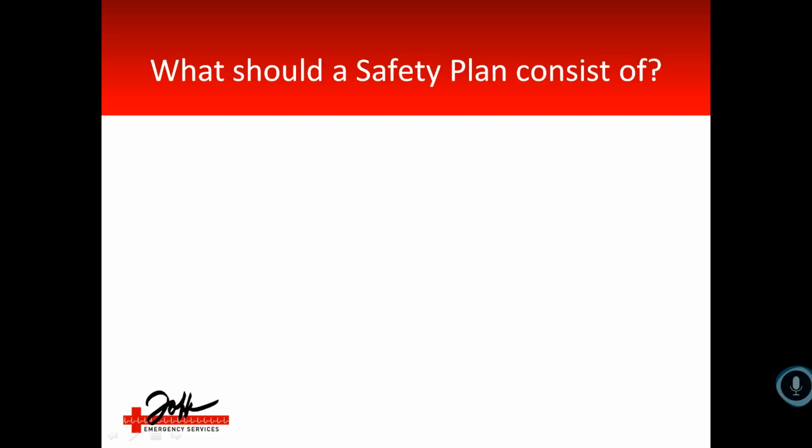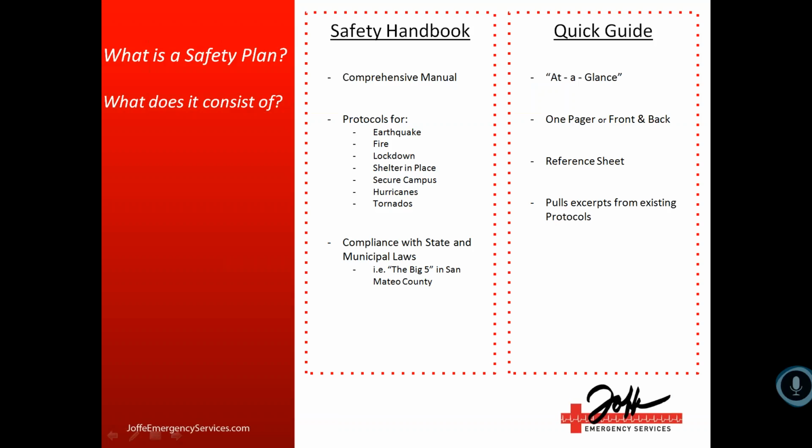So a lot of the time when I work with my schools, we notice that some organizations have 3 or 4 different types of manuals that are all out of date. None of them came out at the same time, and they all say different things. What I try to do with my schools is condense all of that, take all of the good information from all of them, and create one comprehensive manual. It's a safety handbook, and then we create something called a quick guide as well, which is what Chris was just talking about. So we'll talk about those and what they mean.